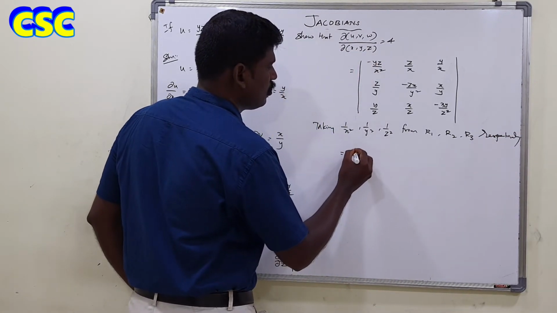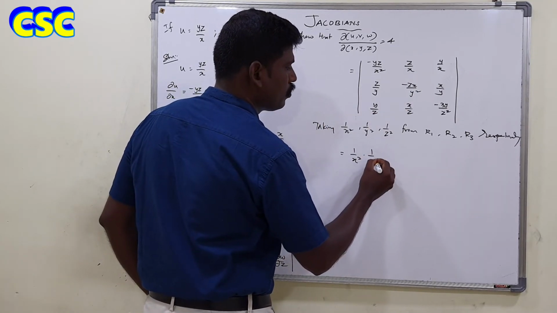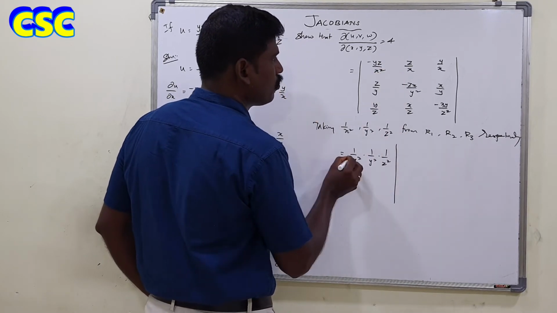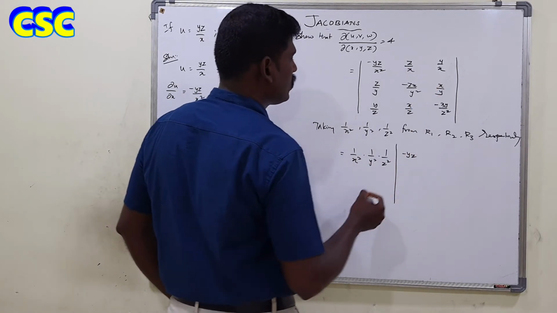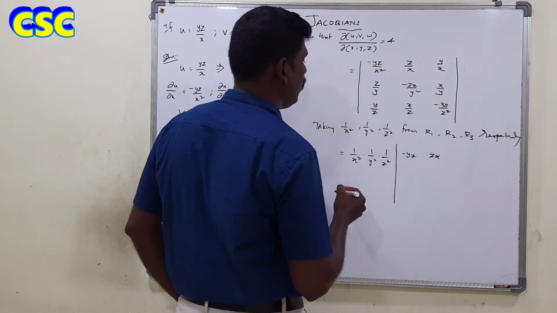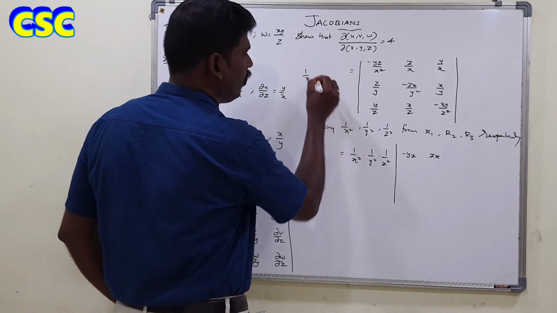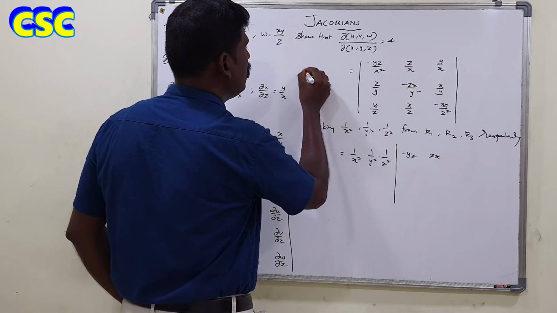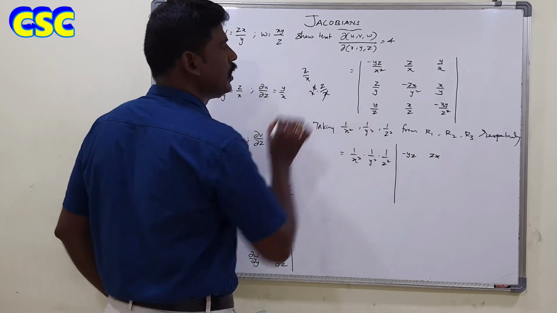Right? So we are taking x square from the first row, y square from the second row, and z square from the third row, isn't it? So after taking 1 by x square from the first row, what is remaining? Yz. So 1 by x square is taken from the second term. So what is remaining? Z into x is remaining, isn't it? Right? 1 by x square take it as outside. So we multiply that x square inside. So x square into z by x, isn't it? So x cancel each other, zx you will get.